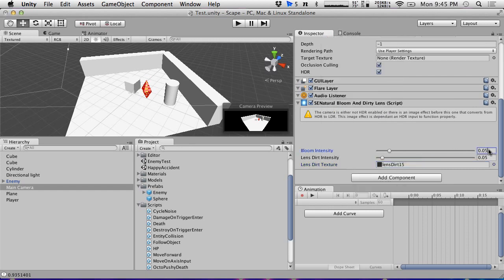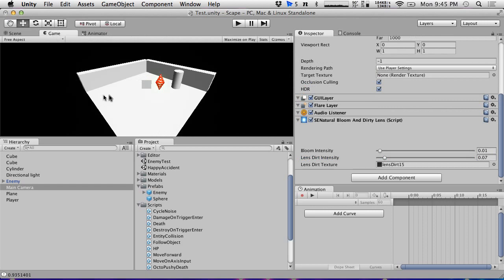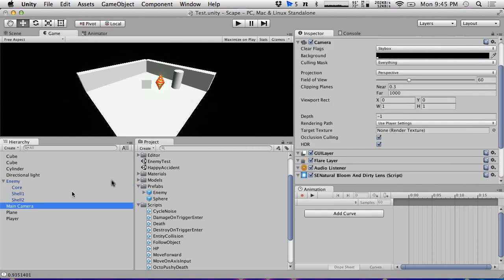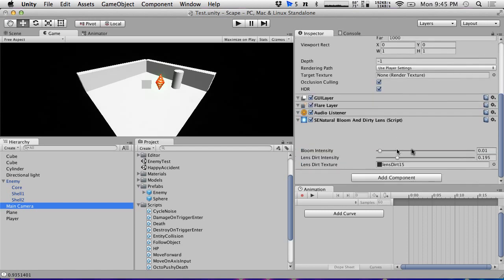And I think I put the bloom on like 1 and the lens dirt on like 7. And let's see how that looks in the game real quick. Not very bright, is it? Hold on. That's more bright. So let's see how the enemy looks on the core. No, let's just work on the camera. So let's set this to 4,